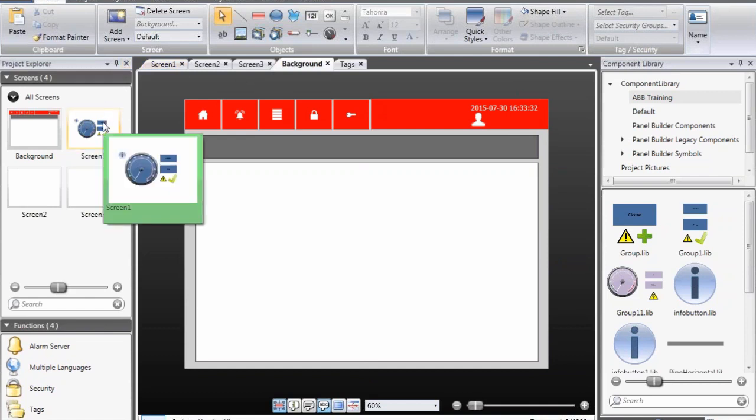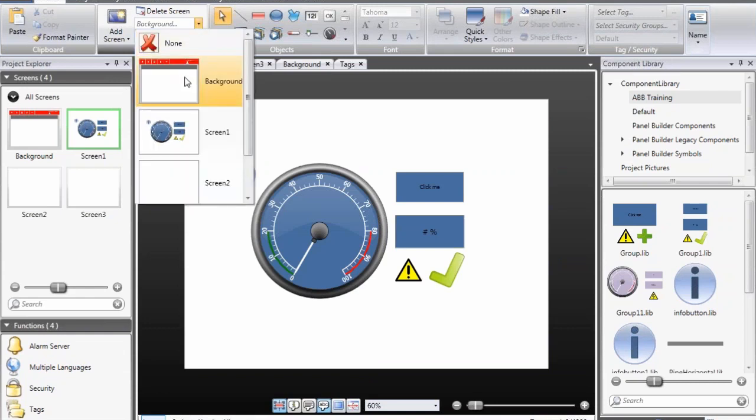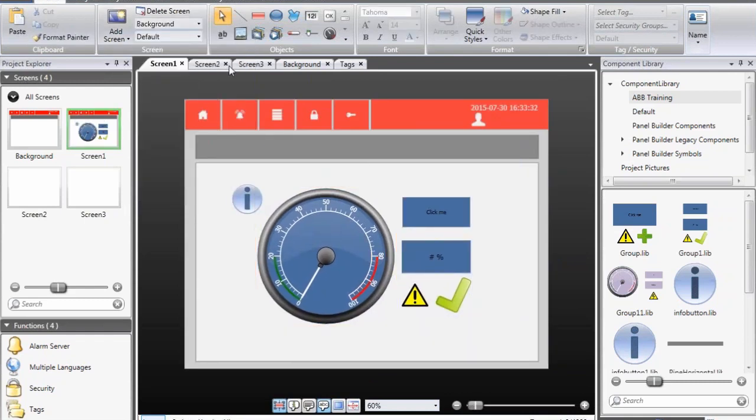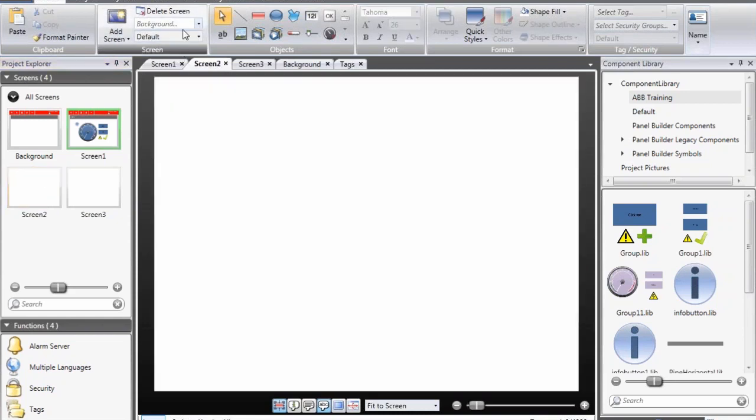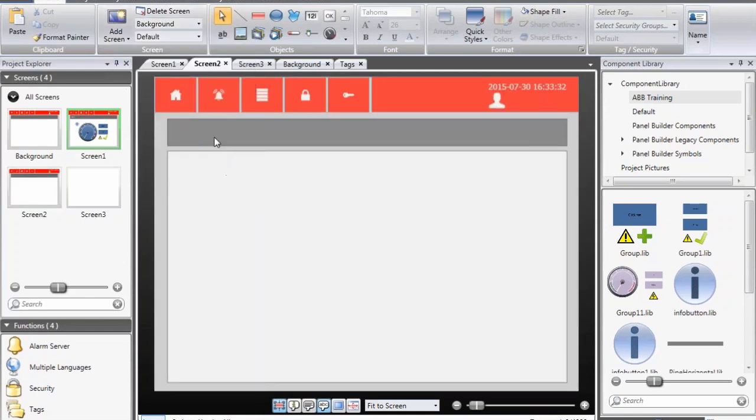So I select screen number 1, and you can see up here you can select the background. Okay, I will add a text that tells us in which screen we are currently at. The first one is home. I open screen number 2, reuse the menu again, paste my text. I write alarm history,